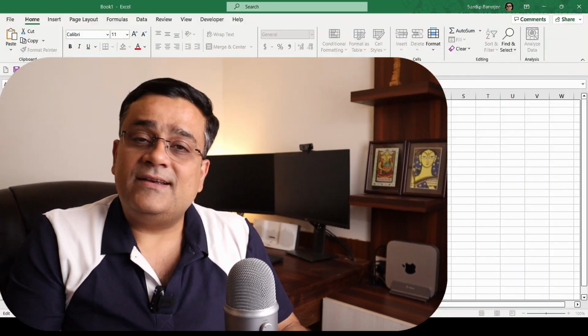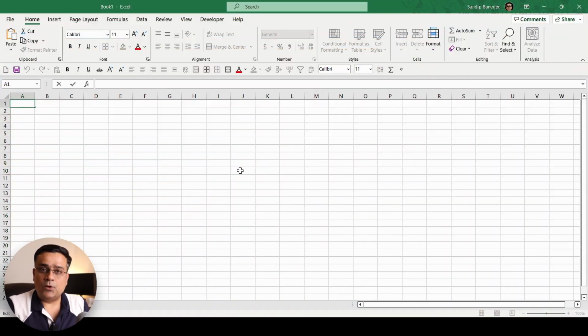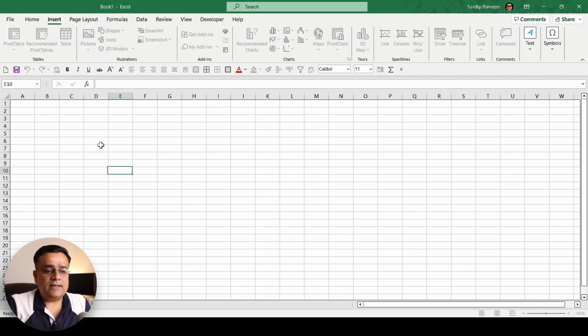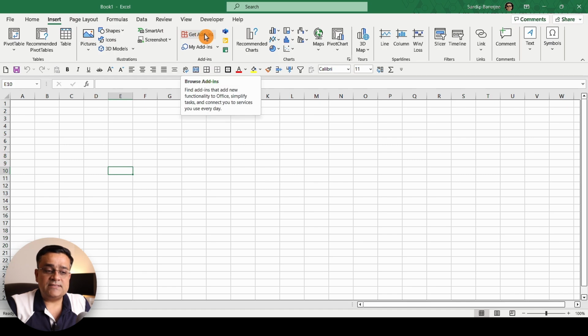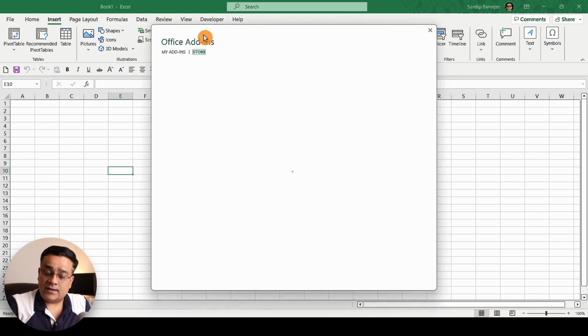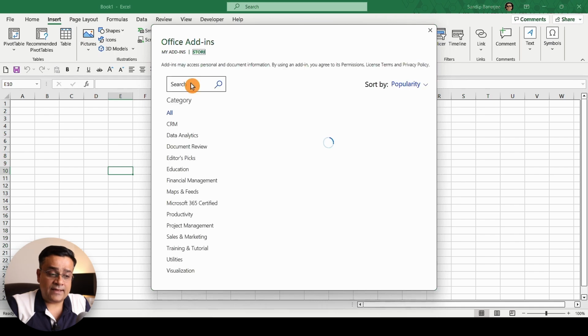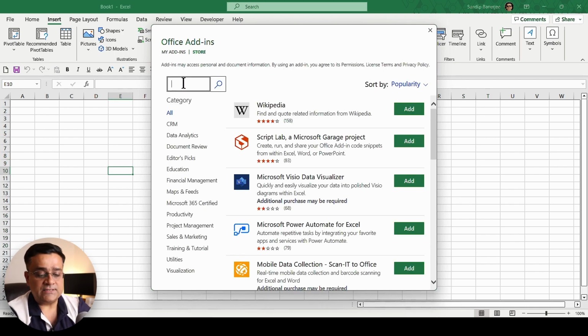Let me show you how you can use ChatGPT within Microsoft Excel. If you follow my mouse, currently I have a blank Excel open. I'm in the Home tab, and I'll go to Insert. There I'll see one option, Get Add-ins. I'll click on that, and once the next pop-up comes, in the search box I will just type